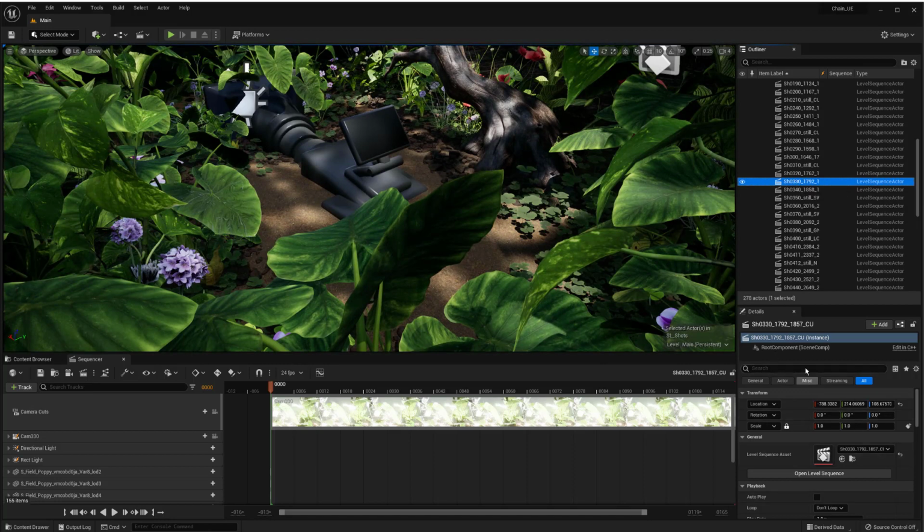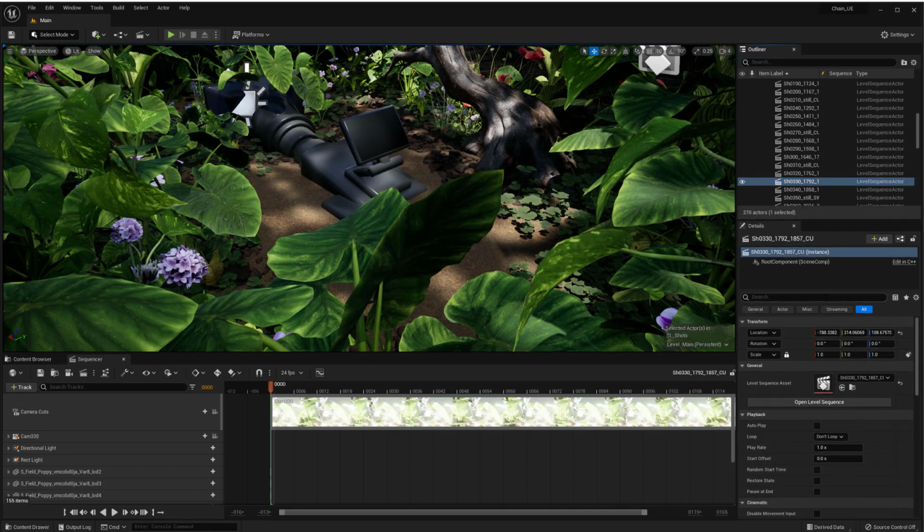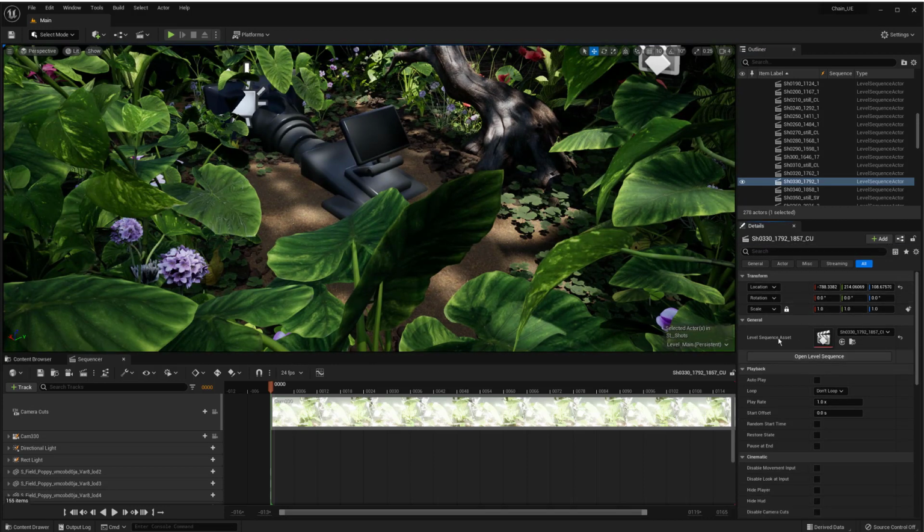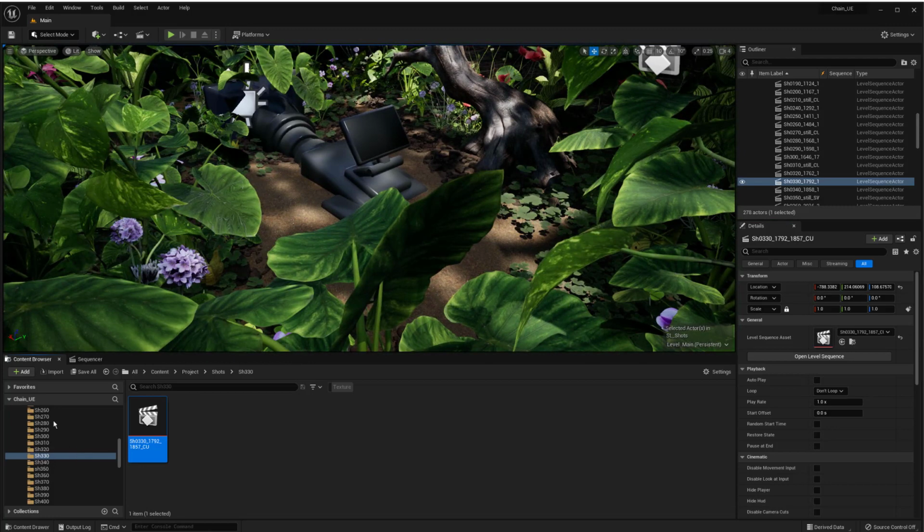This is the details panel, and the details panel is a lot like the attribute editor in Maya. Let me just scooch this stuff up here. We see here the level sequence asset, which is associated with the actor. So this is an actor, and the actor is part of the level, and basically just says in this level we're using this asset, which is a sequence asset, and it shows you where that lives. If you click on the browse button here,